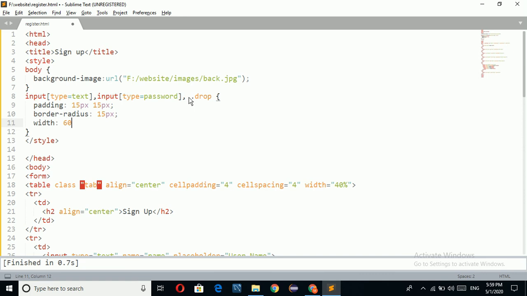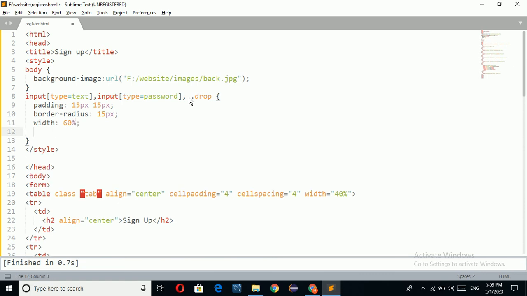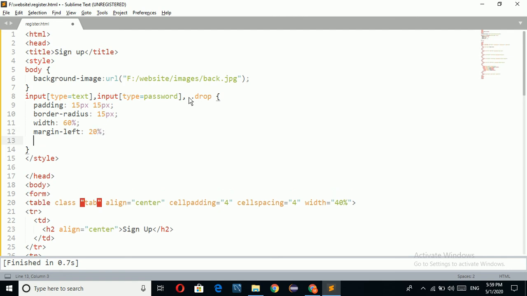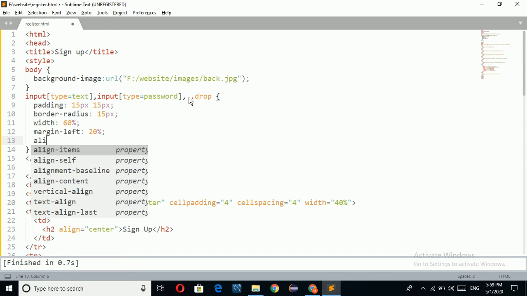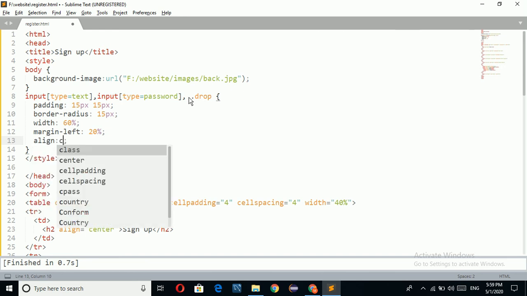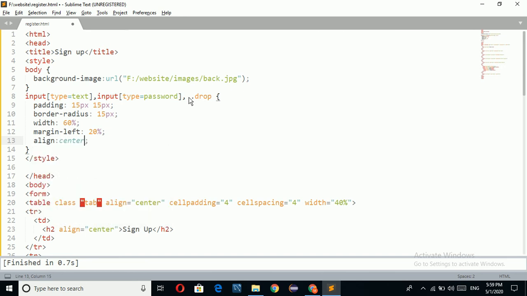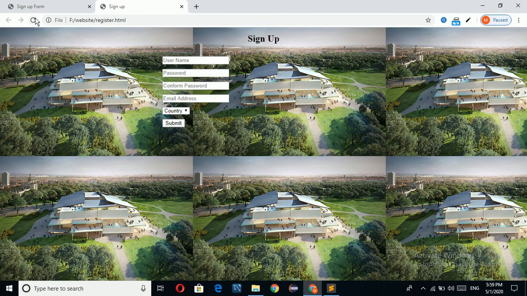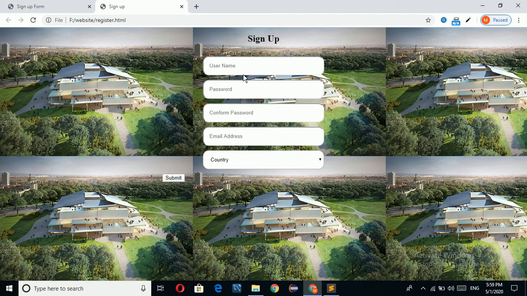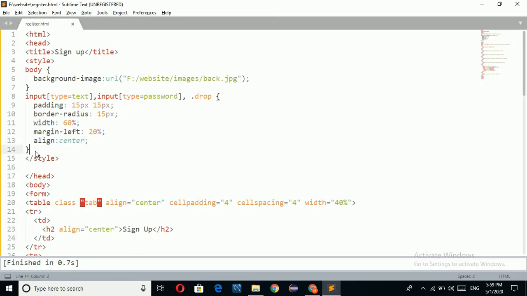Width equal to 60% and margin left equal to 20%. Align equal to center. So all the CSS is applied for text boxes and drop down.